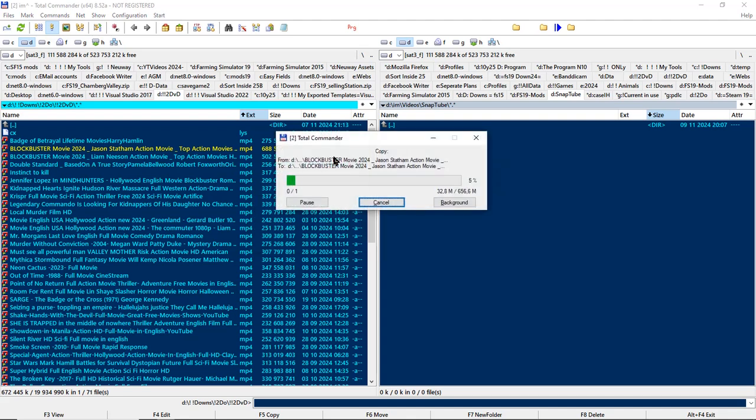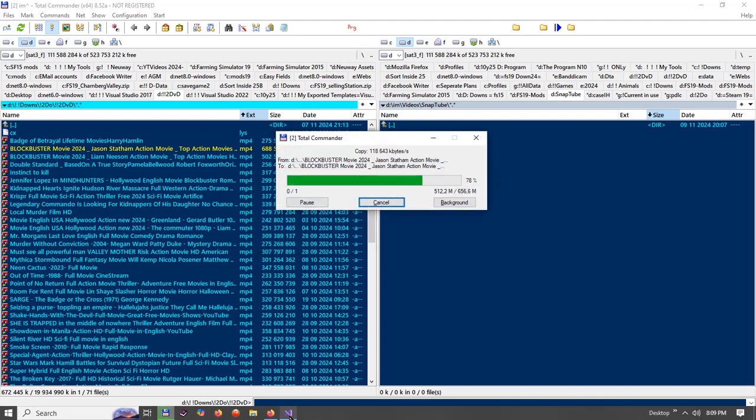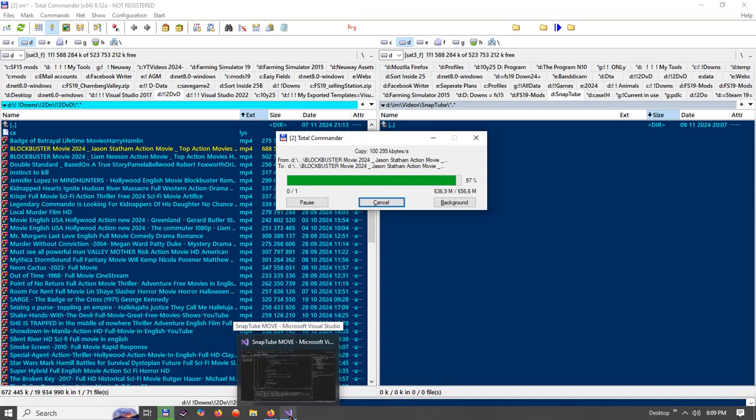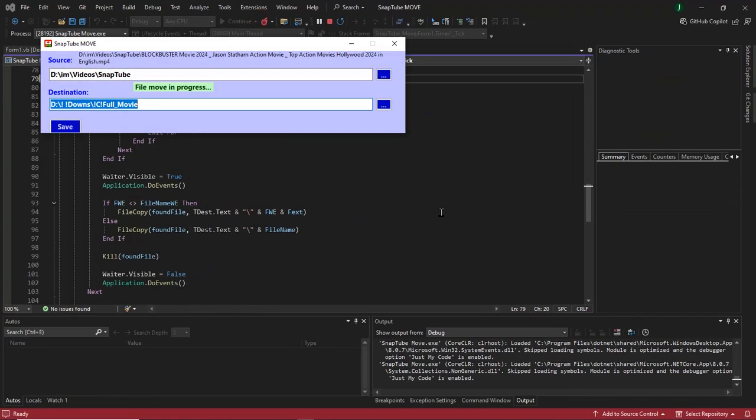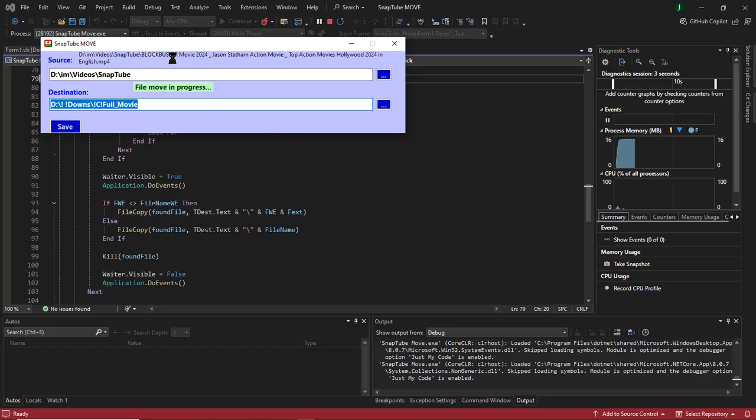So let's copy it over on this side, and when you run the program, you will immediately see how I do it. The file is in progress, and you copy that file over, and when done,